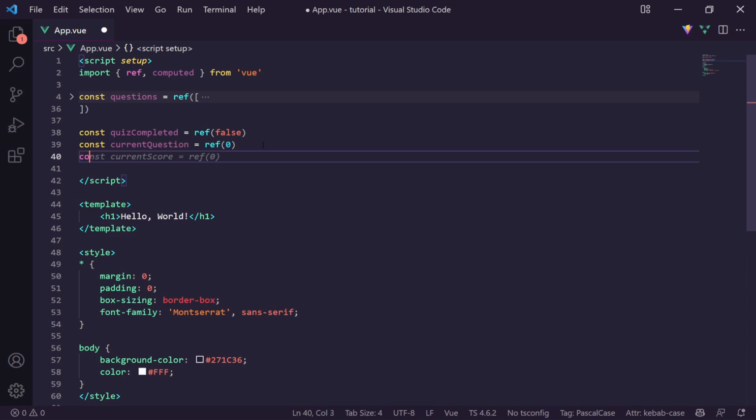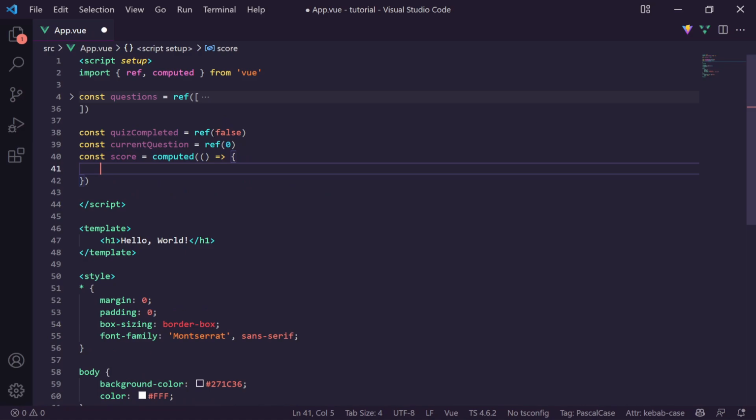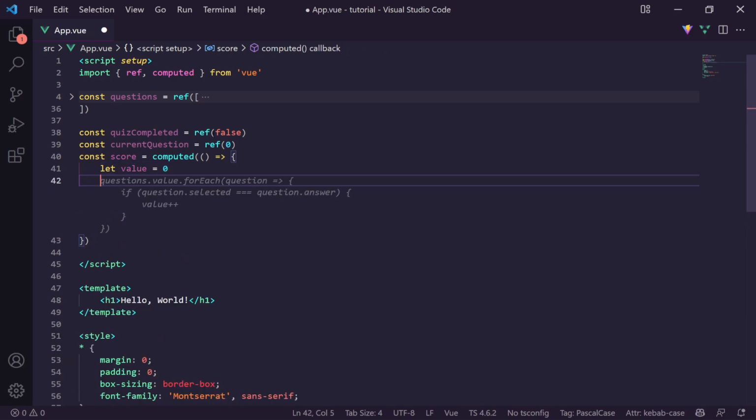We're then going to get our const score and set that equal to a ref. But actually, no, we're going to be using computed for this. Sorry, that's why we imported it. And we're going to compute our score. So let me just show you here. It's going to be let value equal 0. We're then going to say